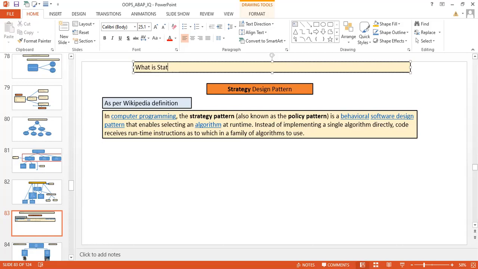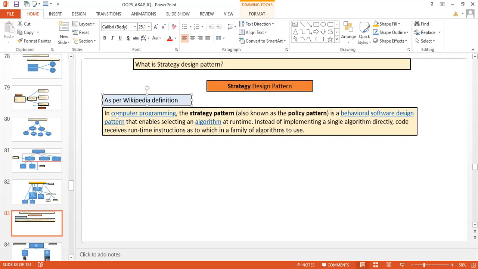So what is a strategy design pattern? Okay, as per Wikipedia definition, in computer programming the strategy pattern, also known as the policy pattern, is a behavioral software design pattern that enables selecting an algorithm at runtime.